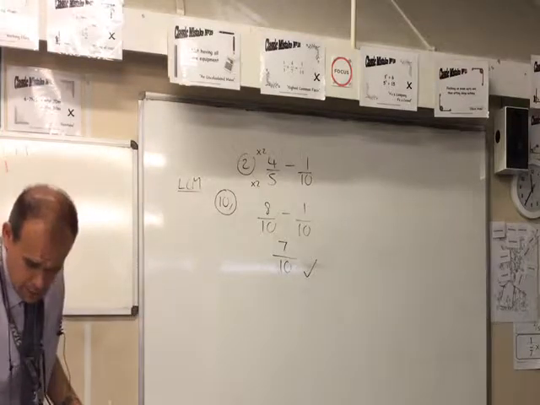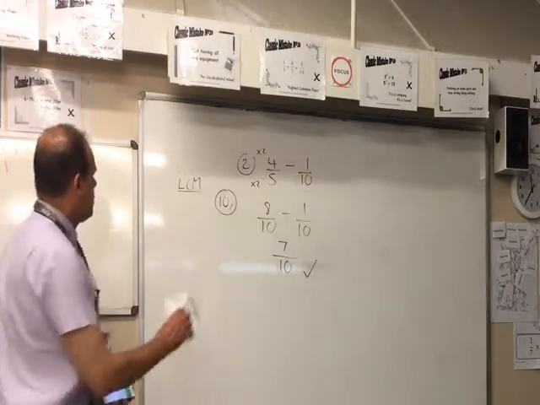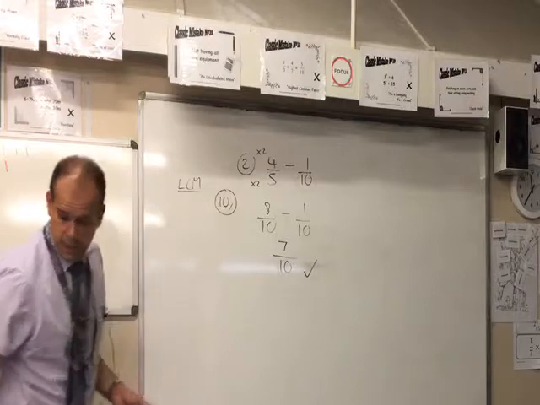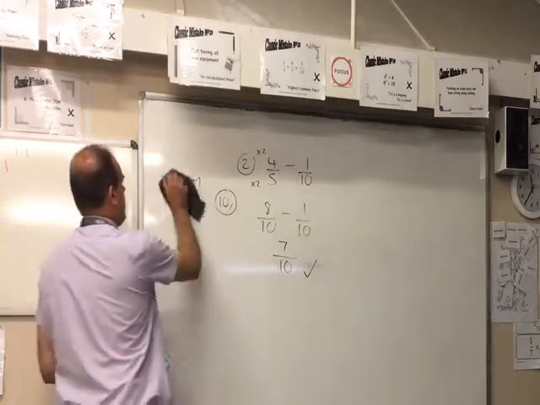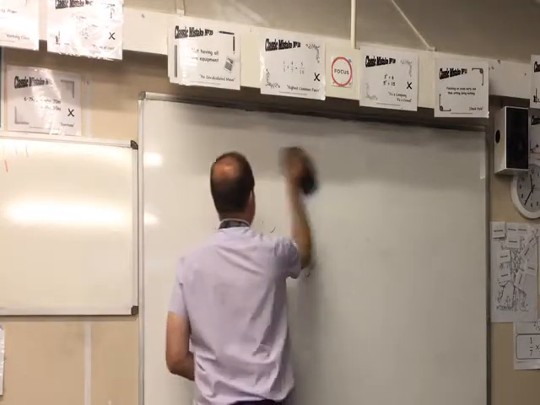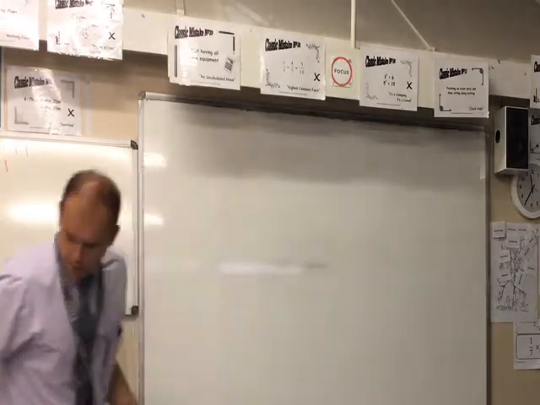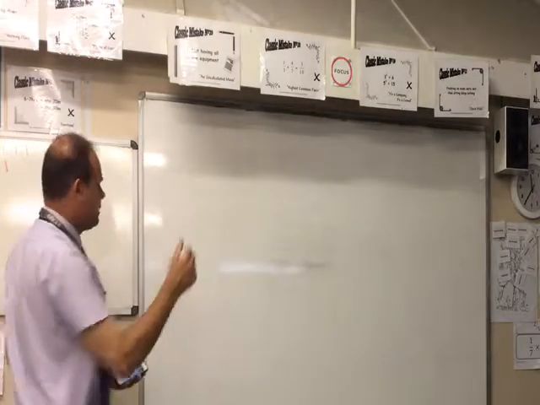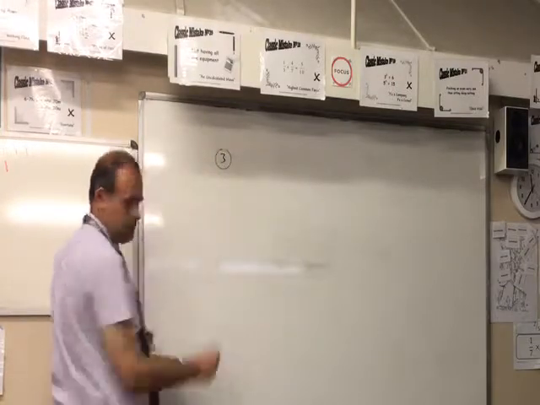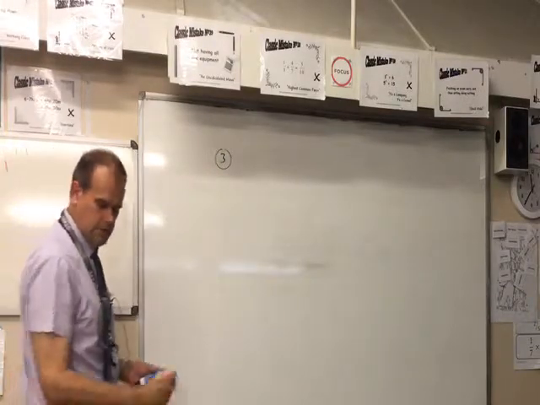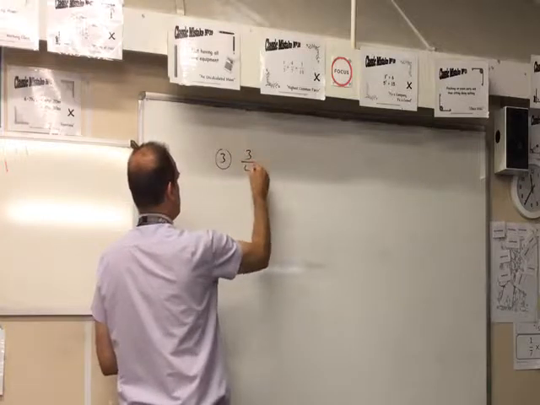Okay, let's move on to now the third operation with fractions, which is multiplying. Okay, I'll use my example here. Hopefully I'm going to get one which cancels in a minute. 3 quarters times 2 thirds. So 3 quarters